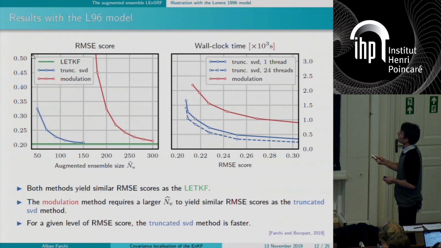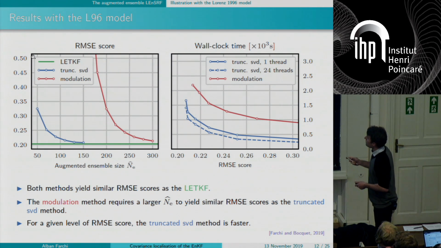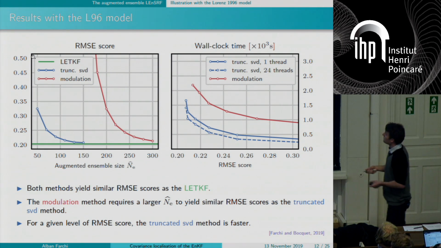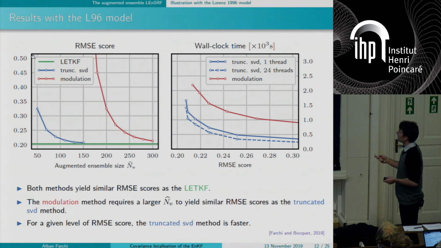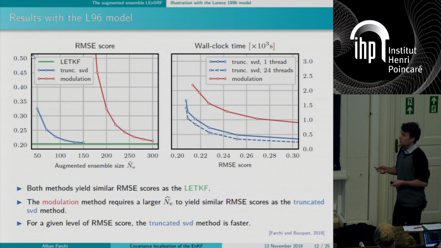So on the left plot, you have the evolution of the RMSE as a function of the augmented ensemble size. In blue, you have the truncated SVD method. In red, the modulation method. And for comparison, the green horizontal line is the RMSE for the LETKF algorithm. So as you can see, both methods yield similar scores at some point as the LETKF. However, the modulation method required a larger augmented ensemble size in order to yield similar scores as the truncated SVD